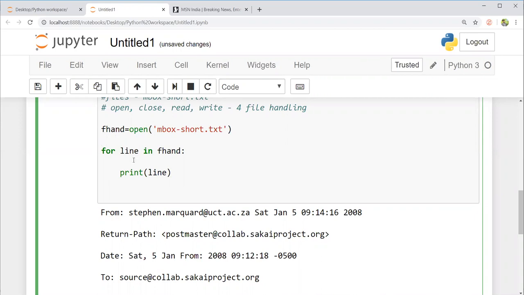So what is line now? Line is an individual line. Can I use an if statement, a conditional statement, here? If line, I'll apply the method called startswith. So line.startswith